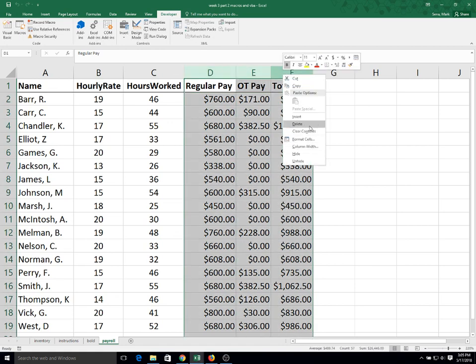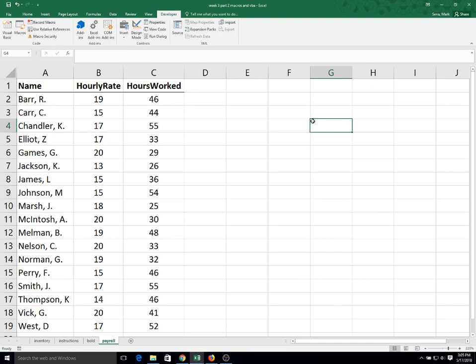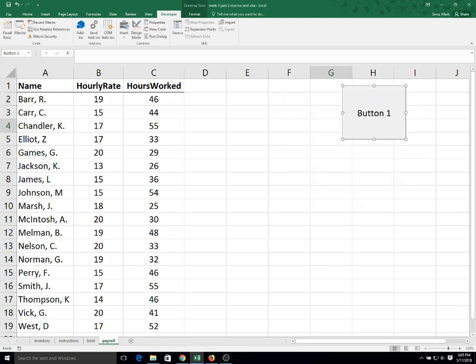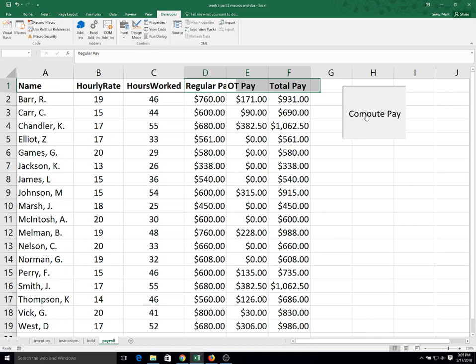I can delete these cells, and let me add a button here. So I'm going to insert a form button. This time I have 2 options. I'm going to click Control Compute Pay, and I'm going to modify the button text by clicking in there, then hitting the delete. Click away, and I'll click on it